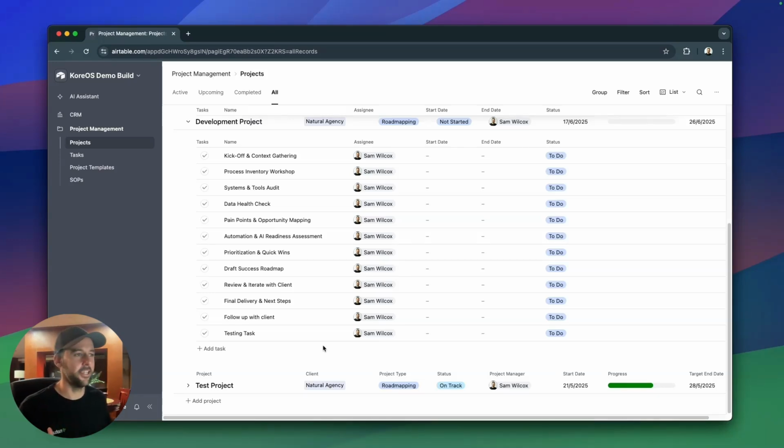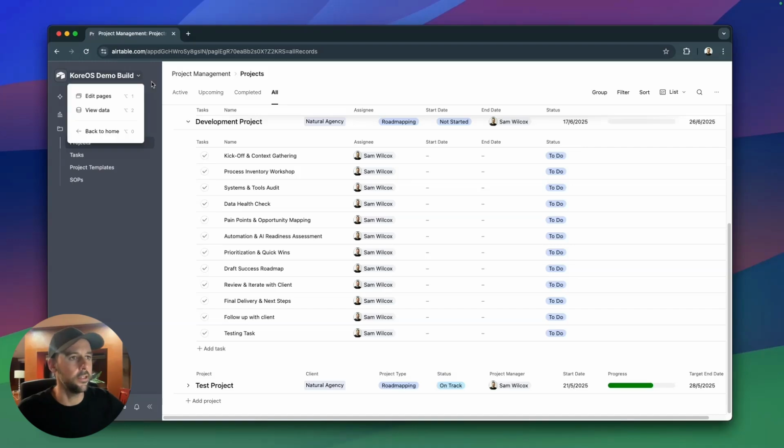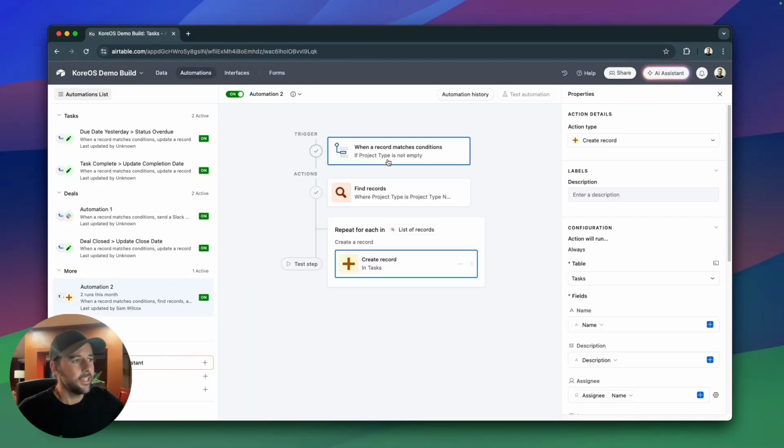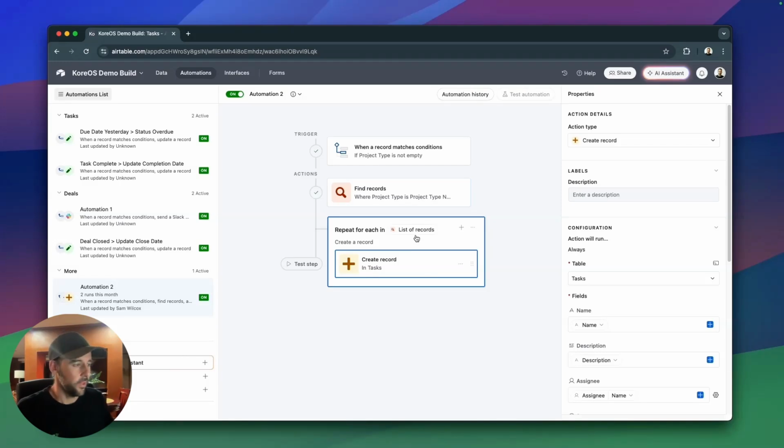When you get into dependencies here and you're trying to build out automations to populate projects like this, Airtable runs up against some of its barriers and some of its limitations. And I pushed it to the absolute limit when it comes to automating a project template with date dependencies, with task dependencies, all trying to be done inside of the native framework of Airtable. What I mean by that is, if I come into the automations,